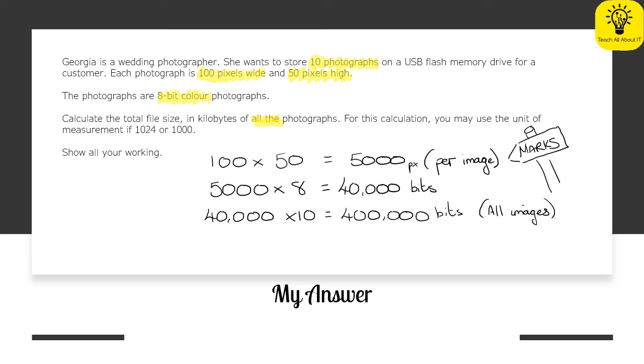At this point, we've been told that we don't want to know how many bits, we need to know how many kilobytes. What we need to remember here is that there are 8 bits to a byte, and after a byte we have kilobytes. If we want to do the easy version, we can use 1,000, so we can have 1,000 bytes is 1 kilobyte. So we need to go backwards. From the top we have divided by 8 because there are 8 bits in a byte and we're currently in bits. So to convert from bits to bytes, we can take